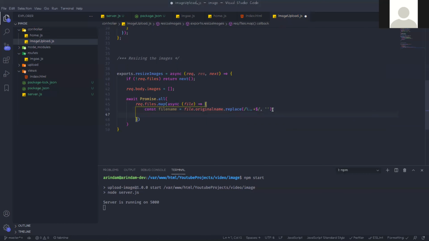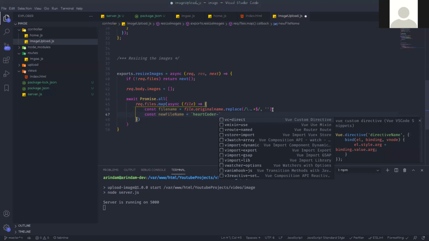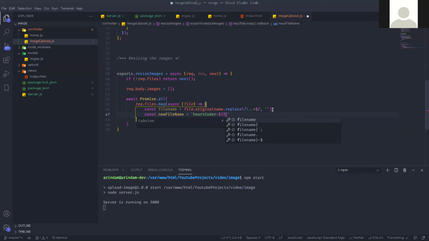Then we are creating a new file name, const newFilename. I'm giving hardcoder hash, then the original file name, and you can also give the date if you want. I am also giving Date.now(), and then .jpeg, this is the extension.